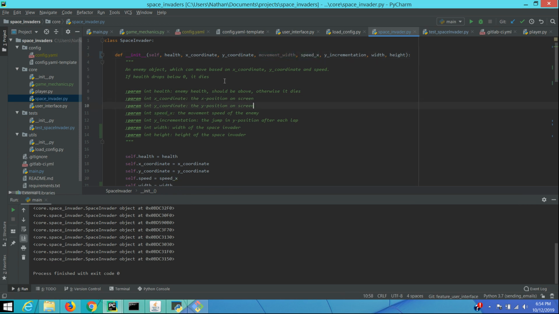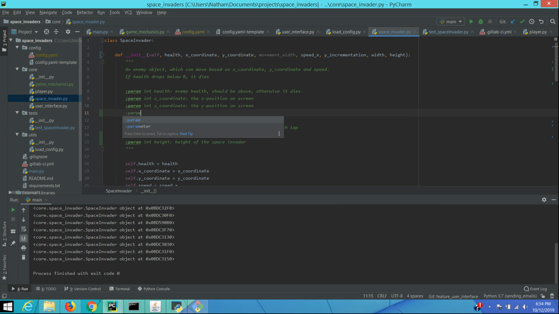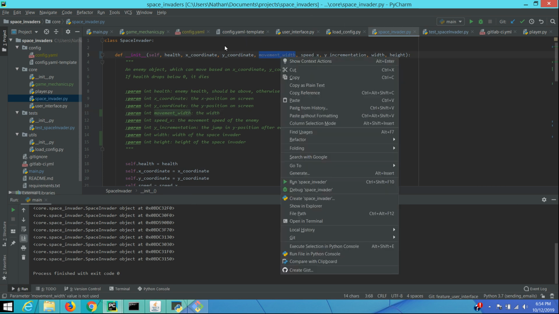X coordinate, Y coordinate, param int movement width, which is the width, no, maximum movement, maximum